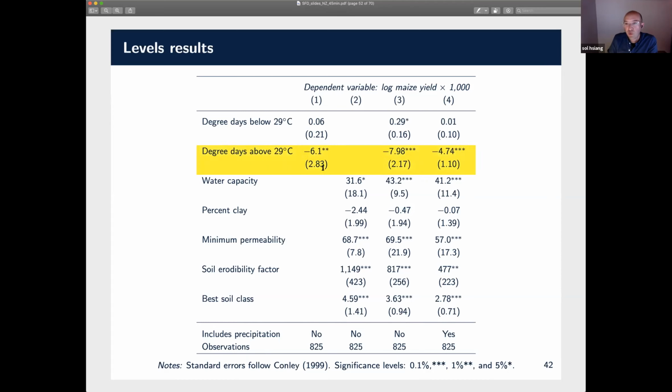And so what you see here, for example, there's been a lot of attention in the past on these coefficients. So what is the effect of hot days? And I think many of us would be very happy to get consistently negative estimates that were statistically significant here. What I'm going to tell you is that these kinds of estimates you shouldn't be satisfied with, right? Because -6 and -8 and -5 are all very different numbers. And so the fact that they differ across the columns in the table is an indicator that when you include information on soil quality, or between 3 and 4, you include information on soil quality and rainfall, you have a lot of omitted variables bias that's being absorbed by those